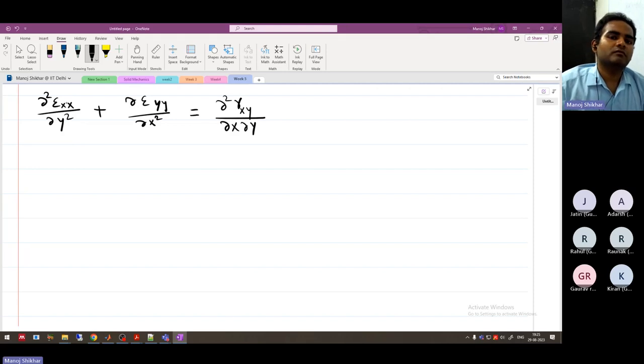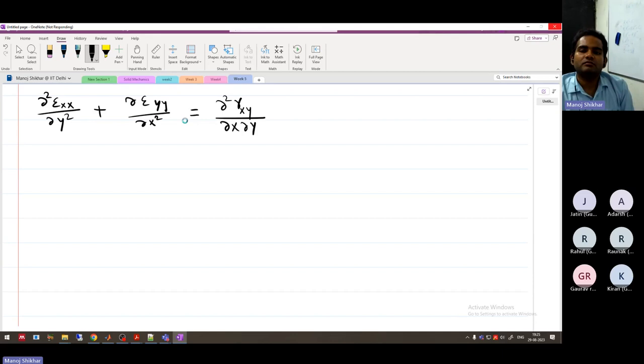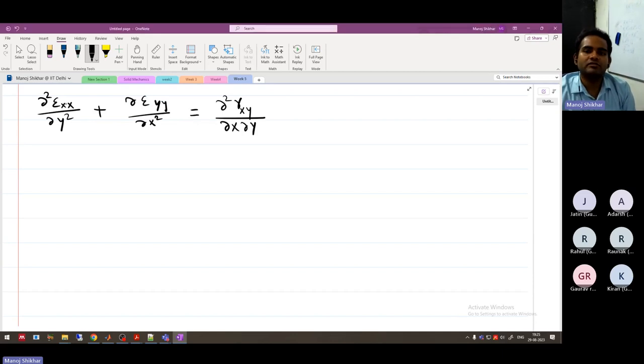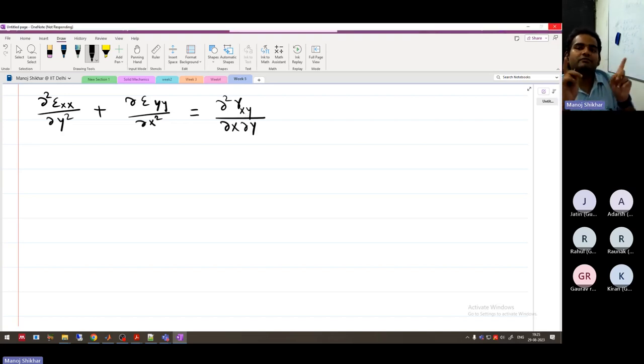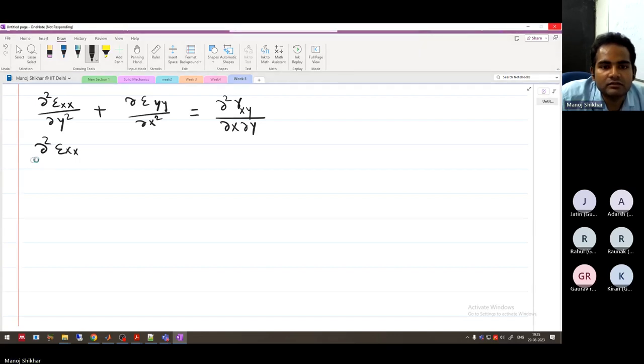You see here we have the strain along the x-axis, which is differentiated with respect to y twice. The strain along yy is differentiated with respect to x twice. And here we have the shear strain, which is between the elements x and y. So the other 2 equations related to these will be, suppose I'm writing epsilon xx,